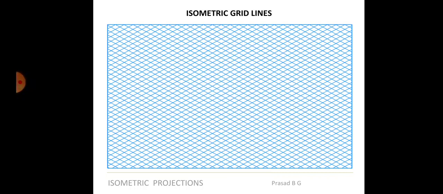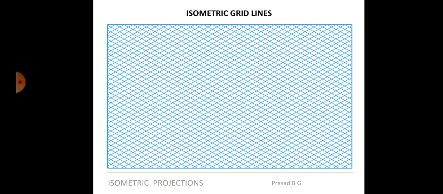But from an assignment point of view, I want all of you to draw a cube in this isometric view. Okay, it will be very easy actually. Drawing a cube becomes very easy. Even though I am not drawing it, I want to see whatever you have gone through for almost an hour now about isometric, the explanations I have given with respect to isometric views or isometric projections, drawing the ISO scale with the use of these grid sheets, everything.